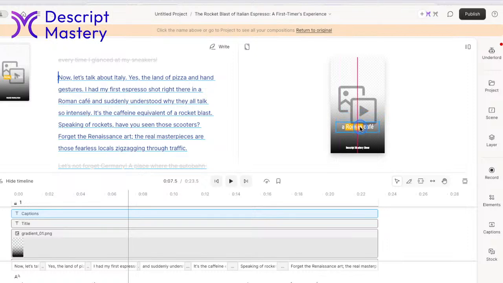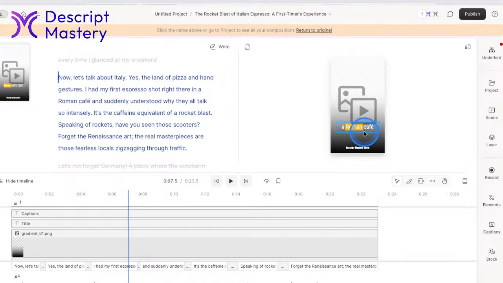I'd probably put it more at the bottom. And one note on positioning of text: be careful with social media. There's what's called the danger zone. If you think about this as your phone screen, like let's pretend you're watching this clip on your phone, you're going to have stuff across the bottom and stuff right here. If you can see where my mouse is, you're going to have the share button, the comment button, the description button.